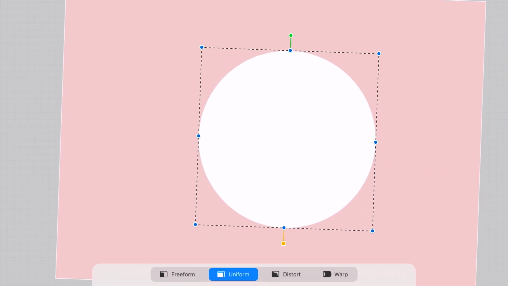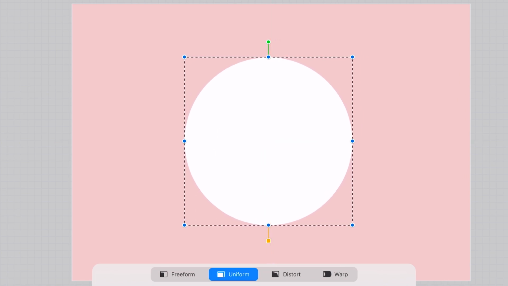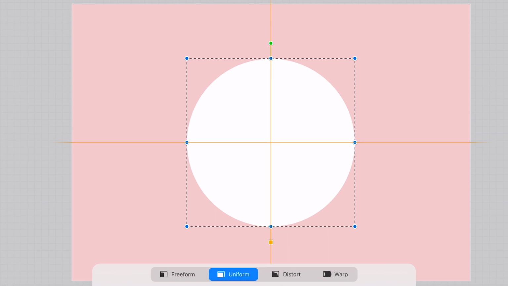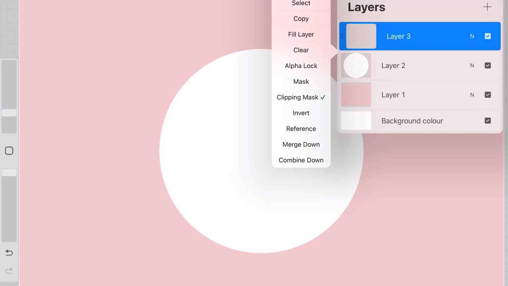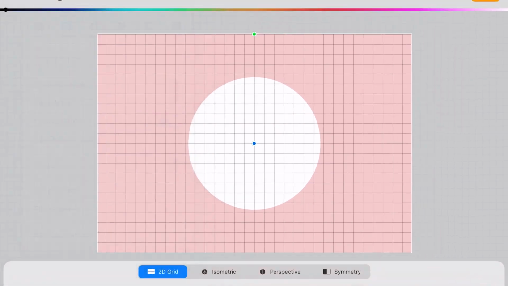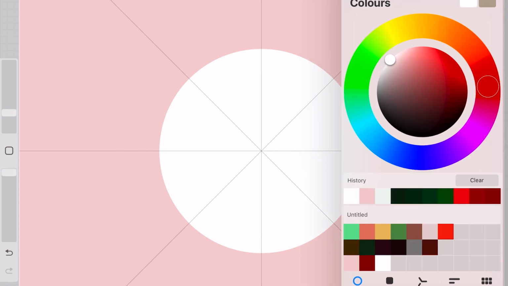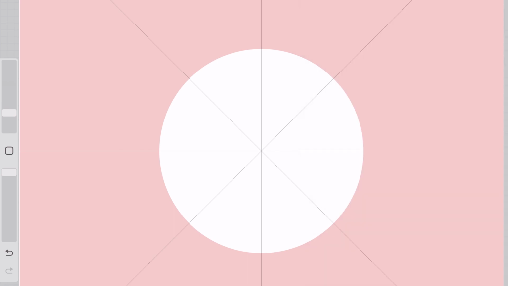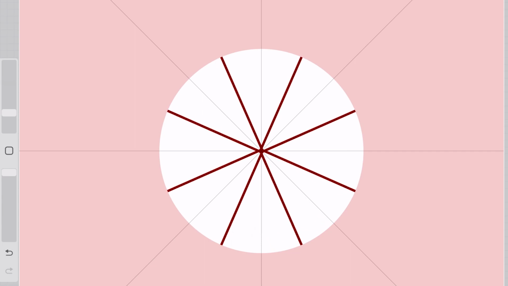If you see, I have turned my snapping on at the bottom, and then you see those yellow lines. Now it is in center. New layer and make it clipping mask, and drawing guides, set the radial, and then select red color, a darker red, we can say maroon color, and